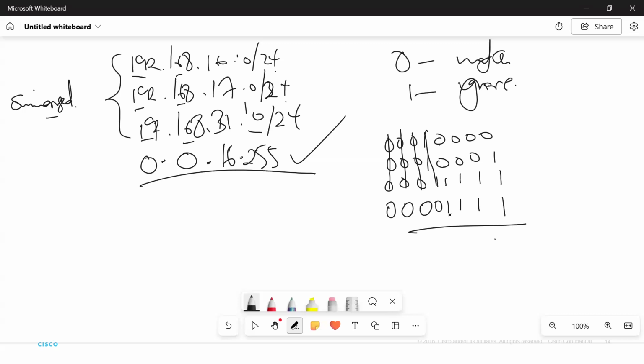No, this is a 15. This is a 15, or a 16. This is 15, not 16. So then they summarize the subnet. So I want to create an ACE which permits traffic